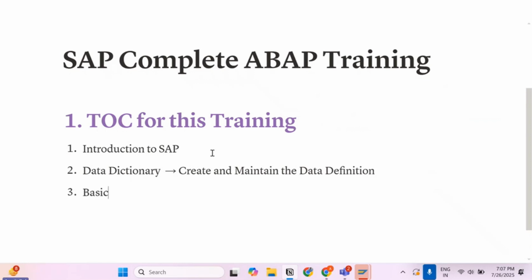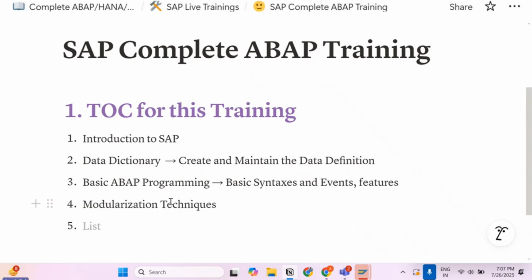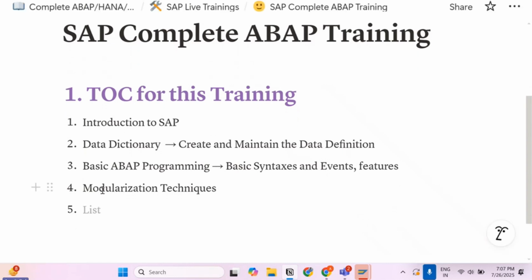Third is our basic ABAP programming, where we learn how we can do the programming and all those parts. So basic syntaxes and events and features. Fourth is all about modularization. So modularization techniques. Once we cover the modularization technique, then we are simply going to move on to the next